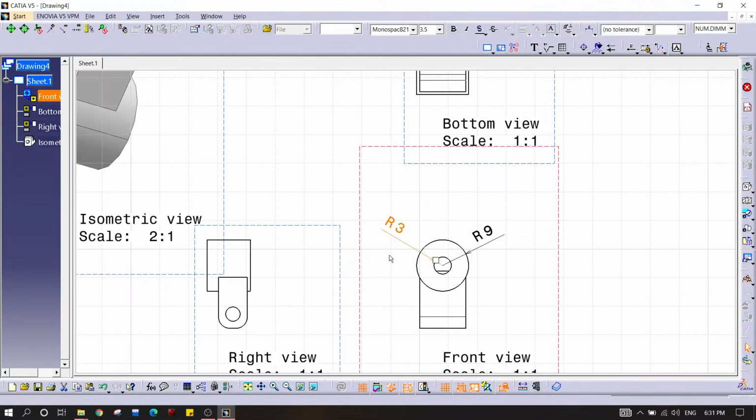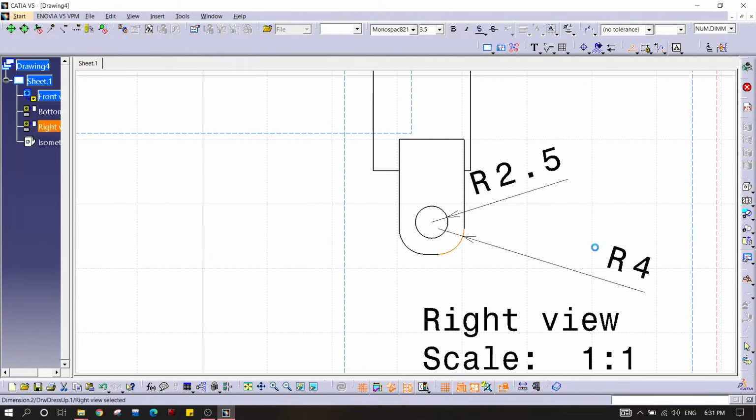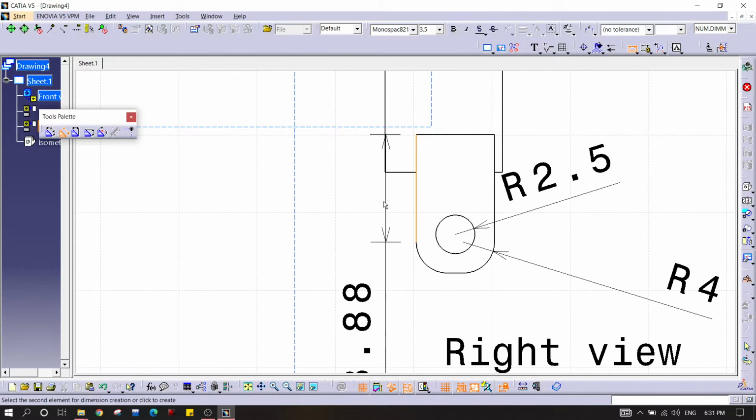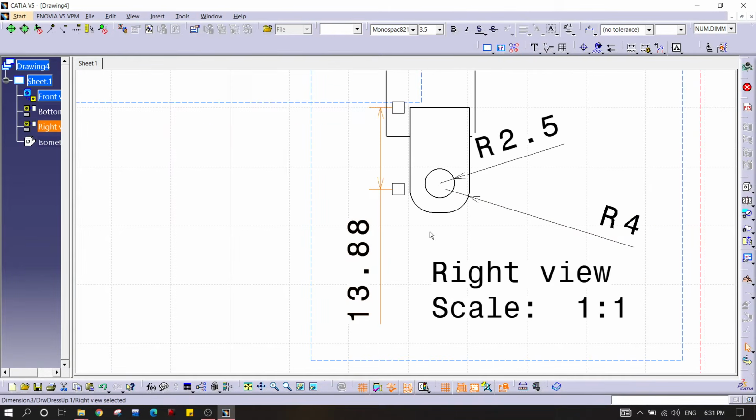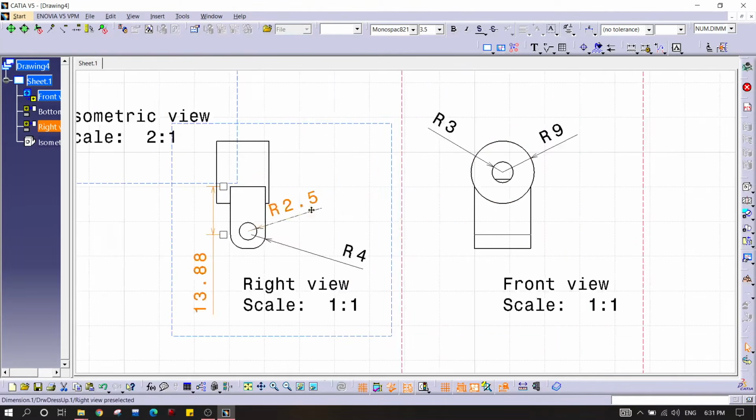Again, this is done, and now this one, 2.5. Edge fillet is 4. That's great. And the length of it is 13.1, which round up to 18,